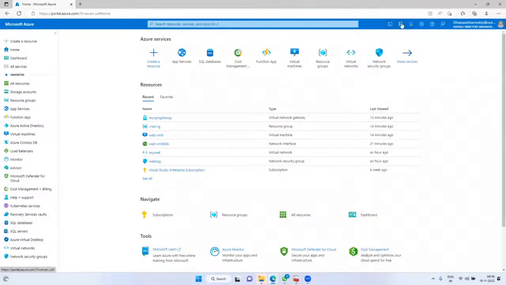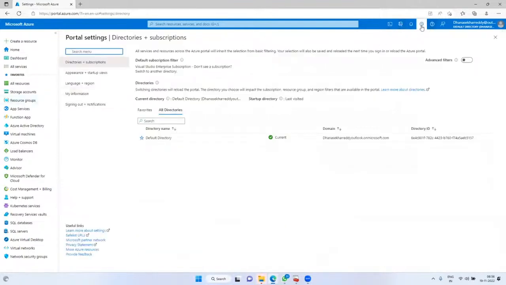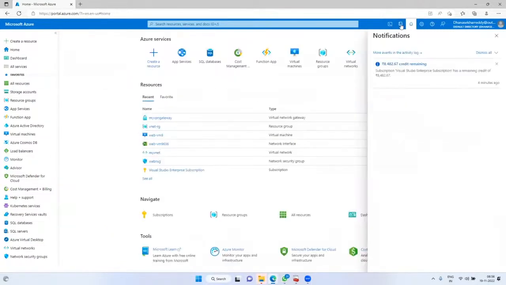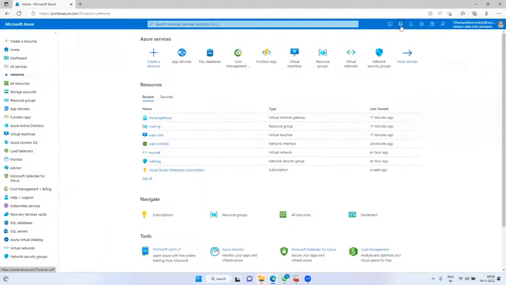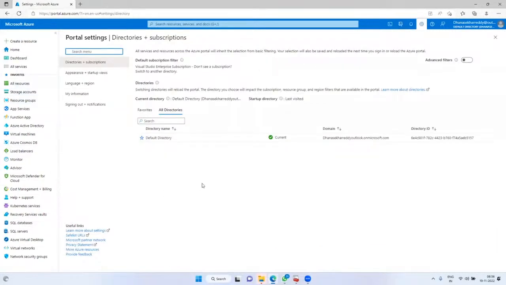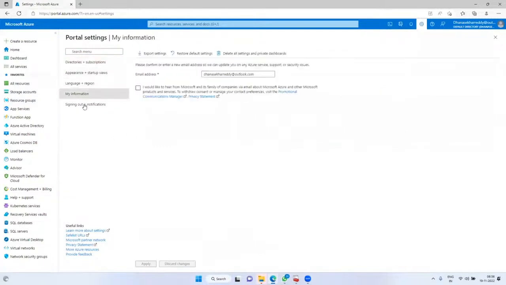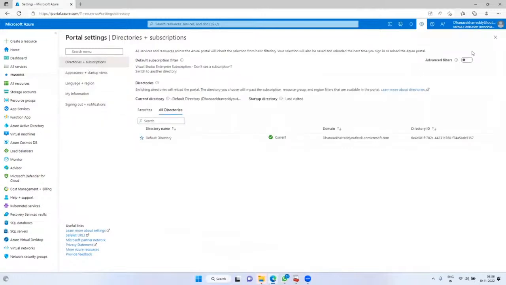Next, the other thing is subscription and directories. Here you can see the same window. I went to settings and it shows the same. If I go to directories directly, this is also the same. Settings and this are both the same; they have provided a direct step. Navigate to this option, directories and filtering options, click on it, and here it will go directly. Everything, the same options, you will get.